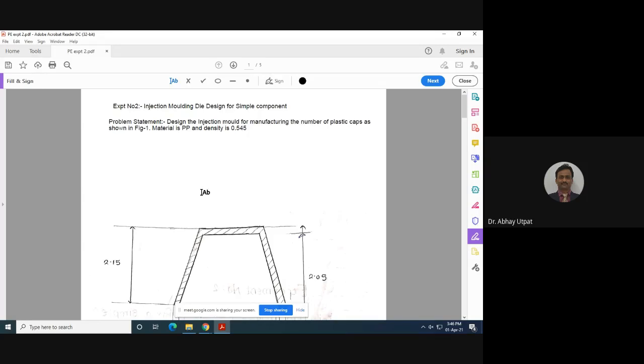Read the problem statement. This is not part of the examination, if the exam is subjective, because in the examination only part design problems will be there. Die design for injection molding will be part of the practical only. However, you are going to face an external oral, so the external is definitely going to ask you about this. Okay, you can take a screenshot of this.